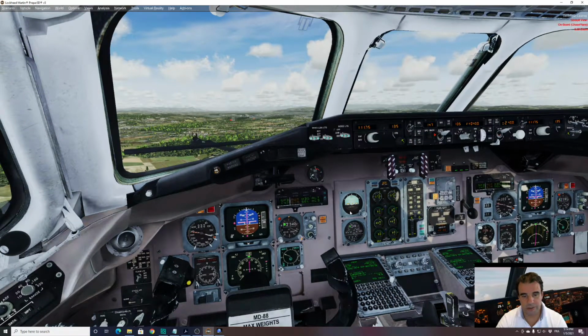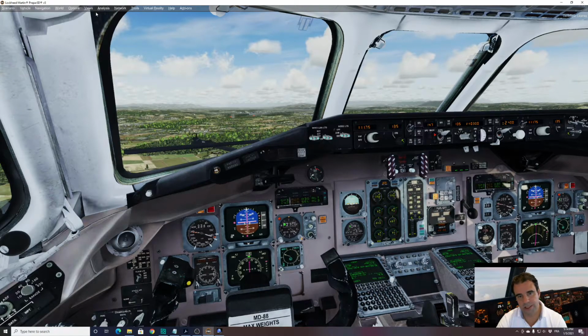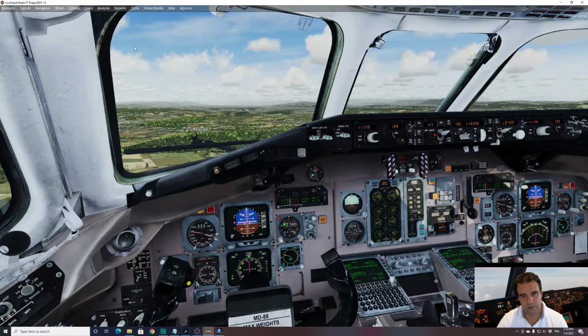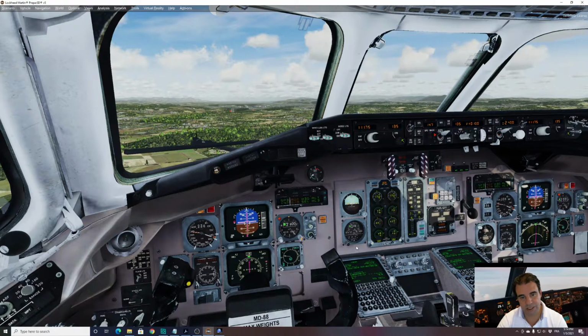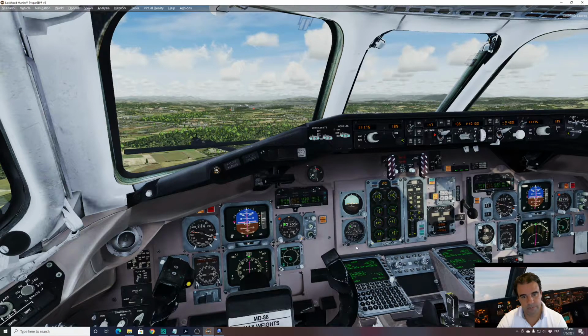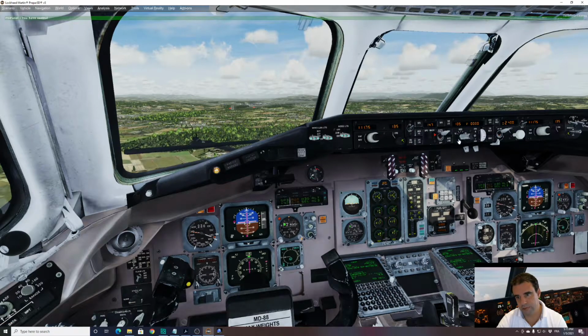So here, as long as you don't have any message here, do not do anything, or you will not get the control properly. So now what we are waiting for is 2,400 here, and we should get the message anytime soon. Now for me, everything looks good. The message is there, perfect. I hold the brake, I have control, I push auto land,